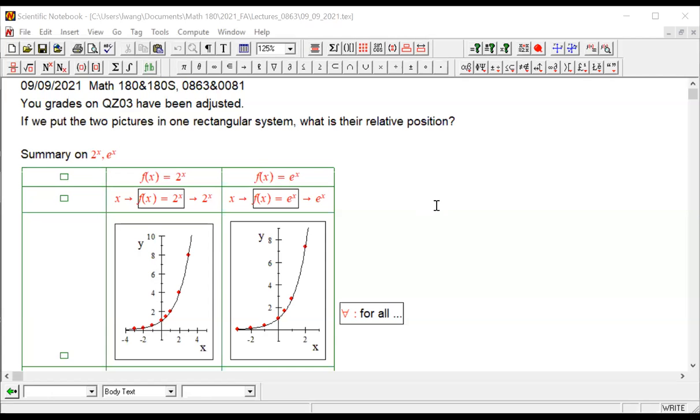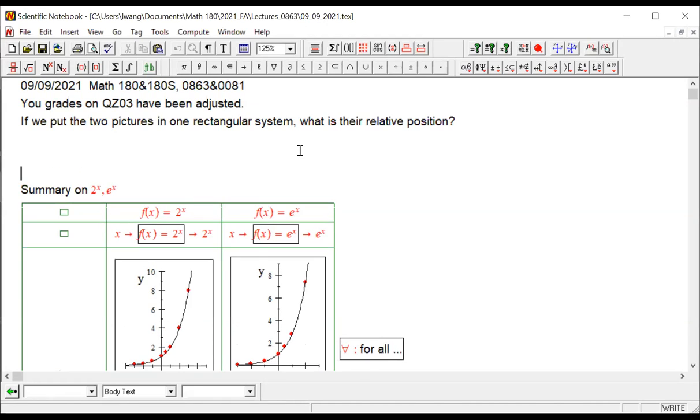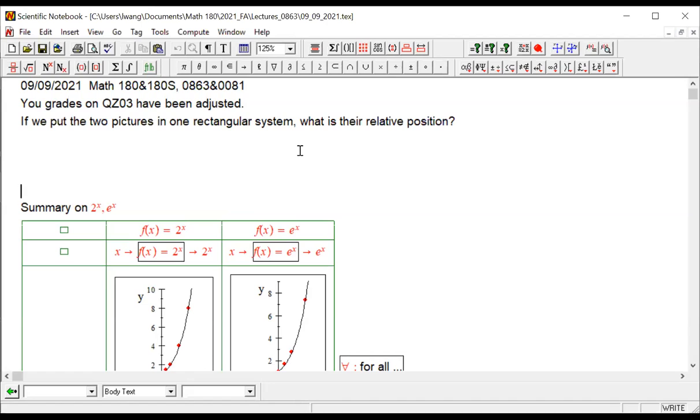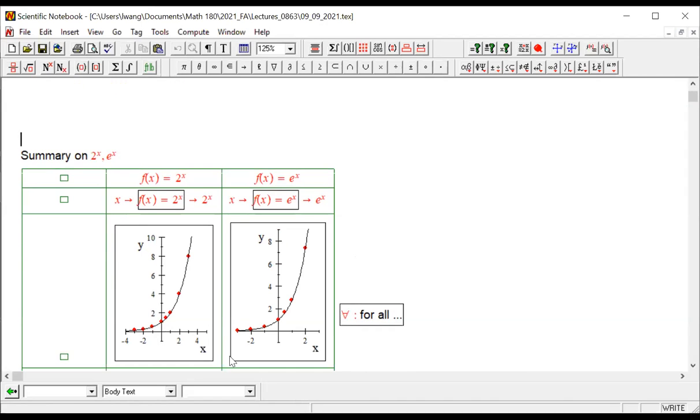Do you want us to put those two graphs into one coordinate system, Professor? Correct. So if we do that, then they have the same common y-intercept at (0, 1). One of the points, comparison. Very good. Okay, so if you look at these two pictures, they're almost identical,